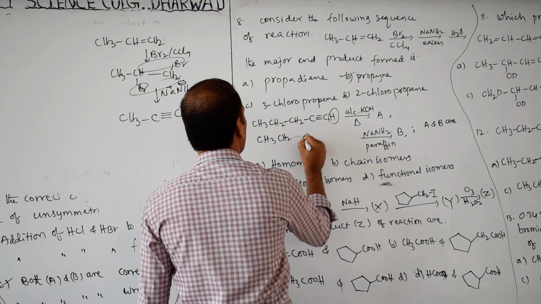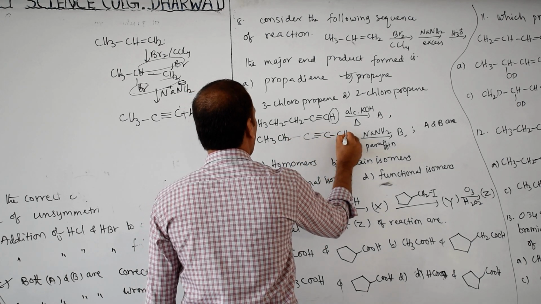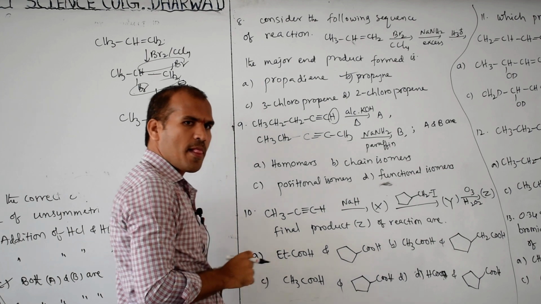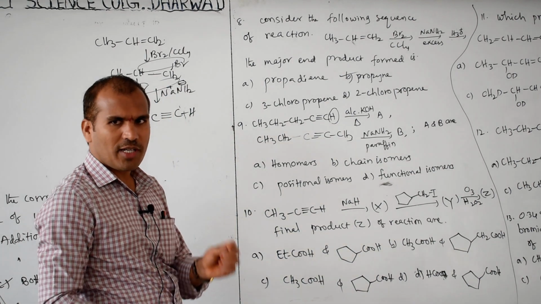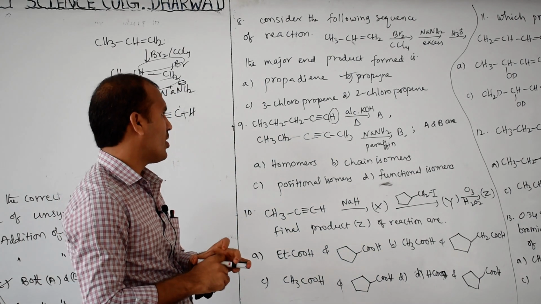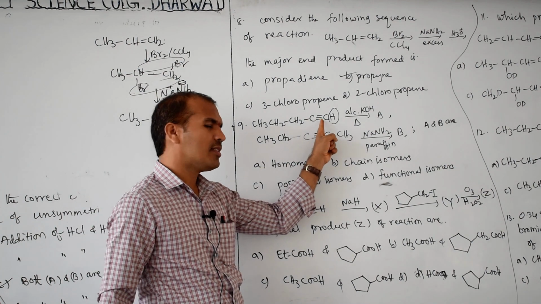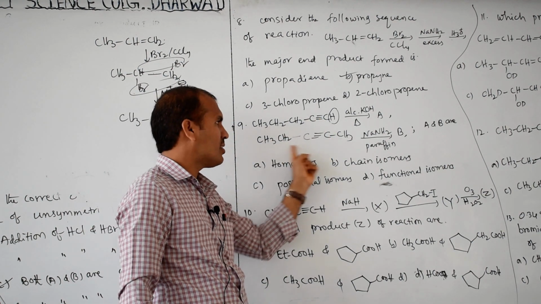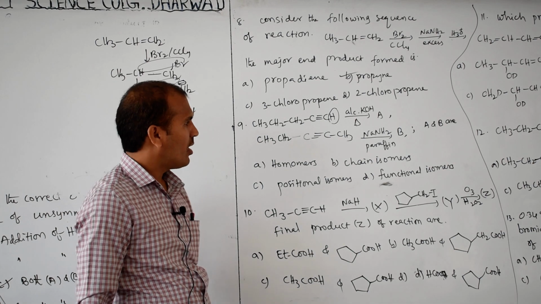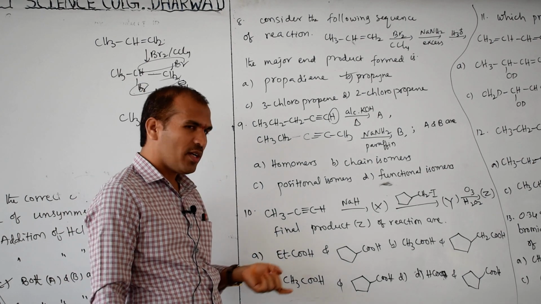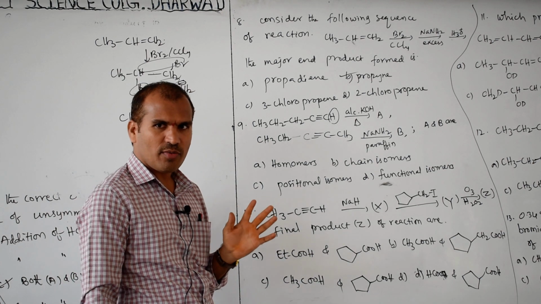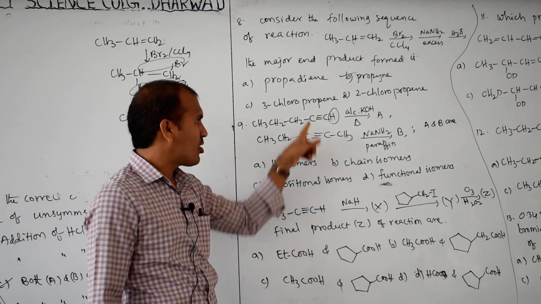Now how many carbons are there? 5 carbon. The question has a little print mistake in the book also. That's why I wrote it like this. Now this is pent-1-yne. This is pent-2-yne. Then which type of isomer? Chain isomer, positional isomer, or functional? Functional is not, because the triple bond is the same.